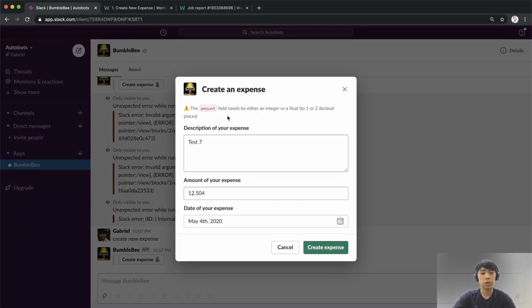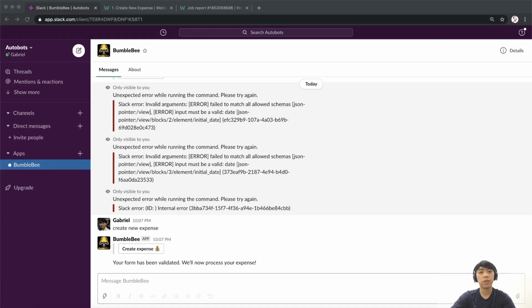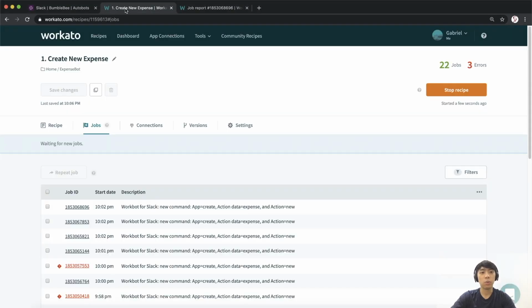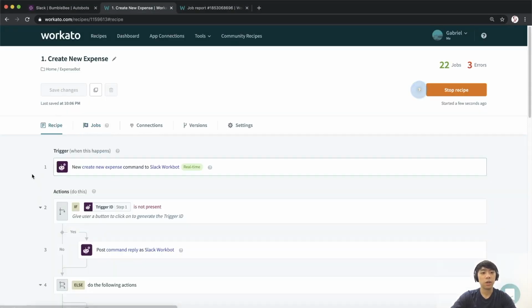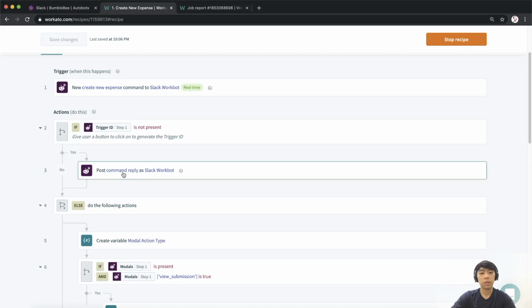Right, so now you see the amount is invalid. If I go ahead and fix that, create my expense, you can see that now my form has been validated and we are now processing your expense. So in this demo, what you have seen is we have just created one single recipe that uses a recursive sort of technique. Over here on step 3, posting that button, once a user clicks on that,